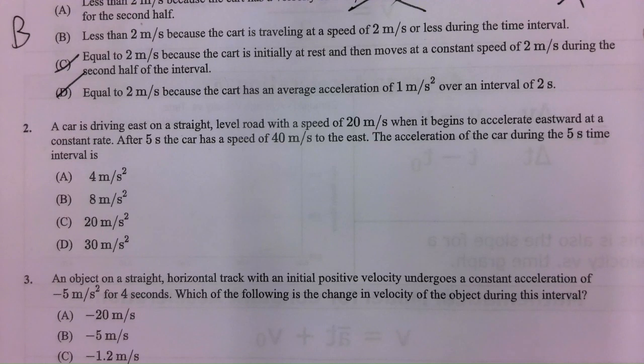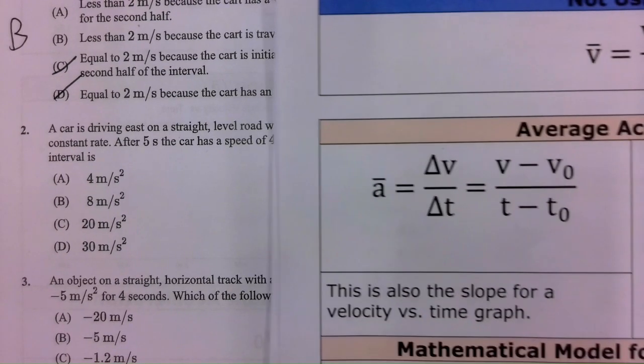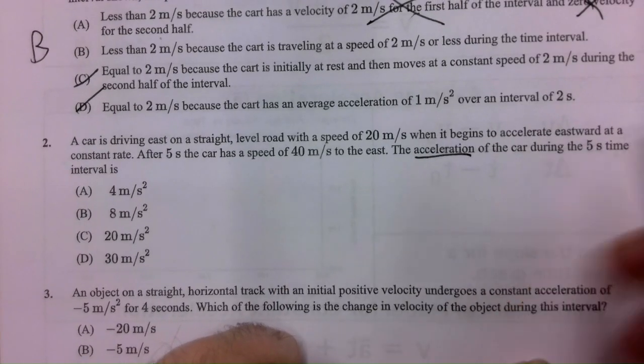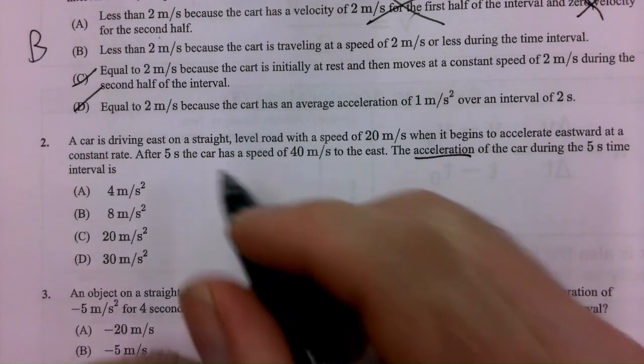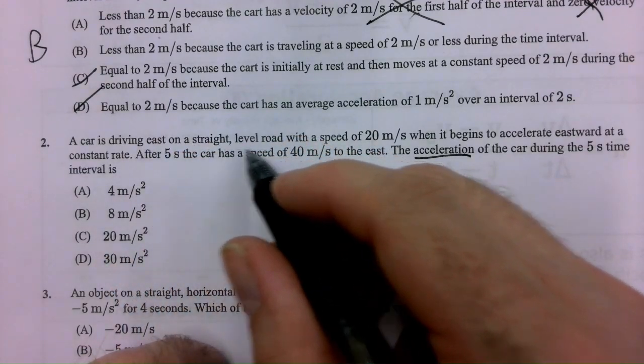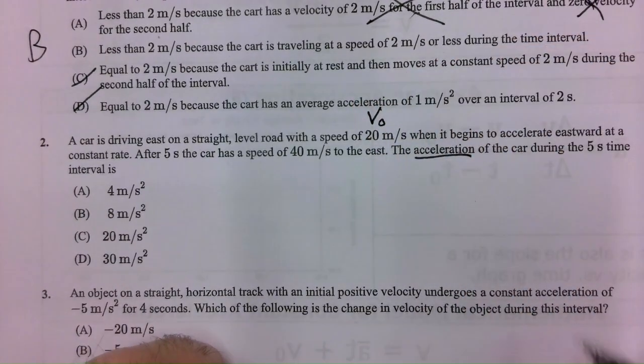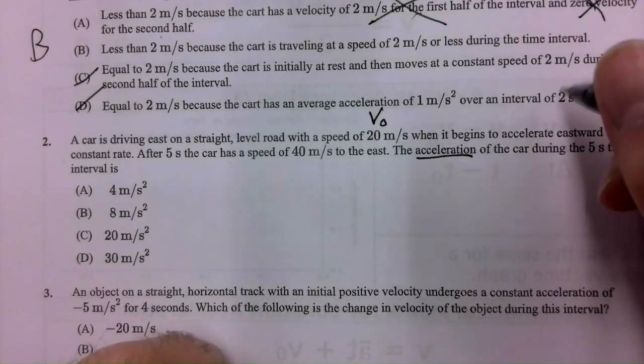This second problem is pretty straightforward in that it's just plug the numbers into an equation. Unfortunately, it's not an equation that's on the equation sheets, so you're going to have to memorize this relationship. It's going to be the average acceleration relationship, and it's explicitly asked for. The acceleration of the car during the 5-second time interval is, and so reading our problem, the car is driving east on a straight level road with a speed of 20 meters per second. So this is our starting velocity. When it begins to accelerate eastward at a constant rate,